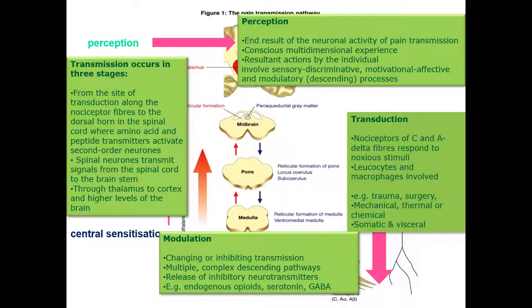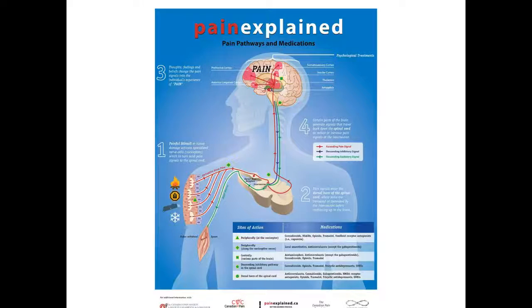They're involved in descending inhibition, serotonin and GABA. So if we look at this diagram, this appears a couple of times later on. It's actually from a Canadian consortium looking at how to explain pain. And we'll come back to it, but you can see the red bits are the ascending pain signal. So we've got flame, we've got a blade, we've got cold, all goes up from the nociceptor through the nociceptive nerve fiber up into the dorsal horn of the spinal cord, where we get this